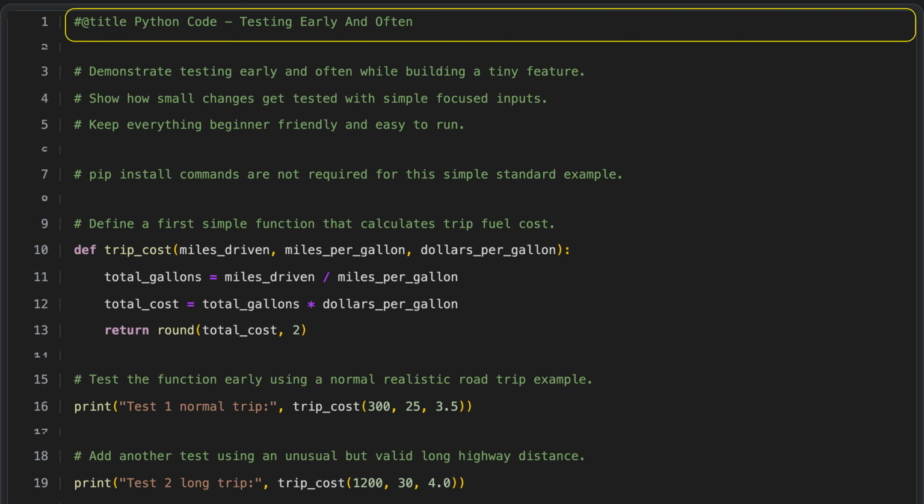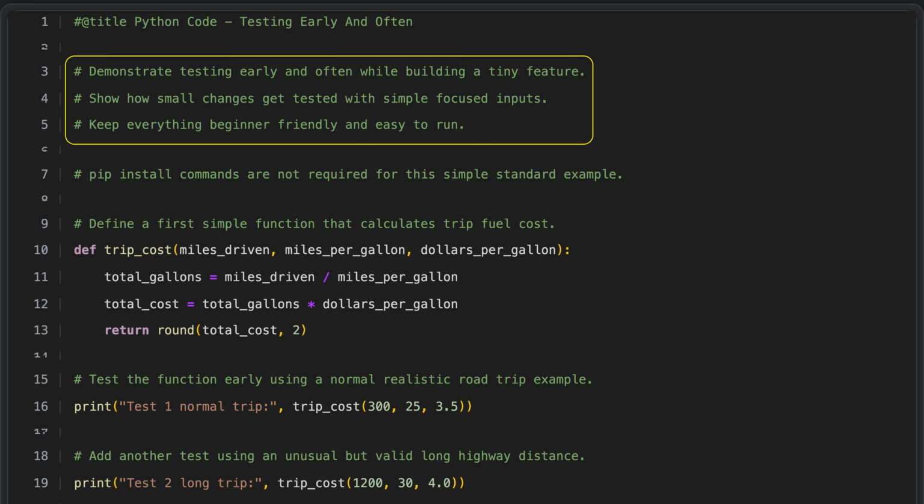Python code. Testing early and often. In this lesson, we focus on building a very small feature while testing early and often. Each time we make a small change, we immediately test it with simple, focused inputs to confirm it works as